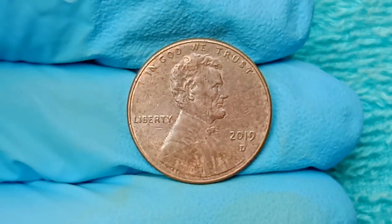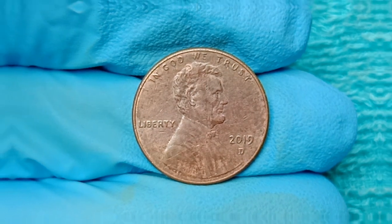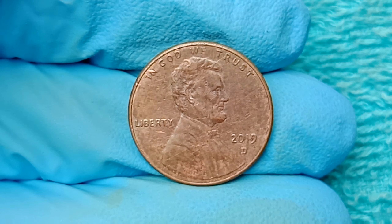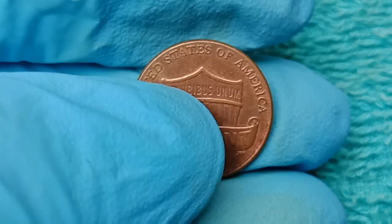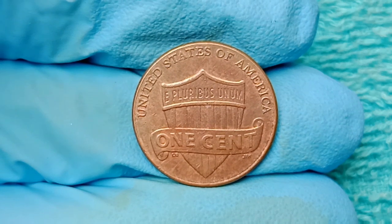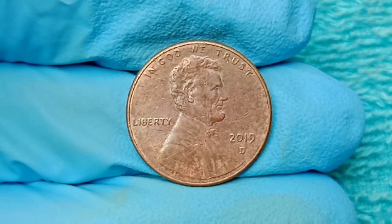And to understand how a coin with a face value of merely 1 cent could achieve such financial and historical weight, we must begin at the heart of its origin, the Denver Mint in 2019, a year characterized by high production targets, rapid die changes, technological transitions in minting equipment, and a heightened reliance on automated systems that, while designed for efficiency, also inadvertently paved the way for one of the greatest minting oversights of the 21st century. And what followed was the accidental creation of a small but significant batch of coins that would go on to